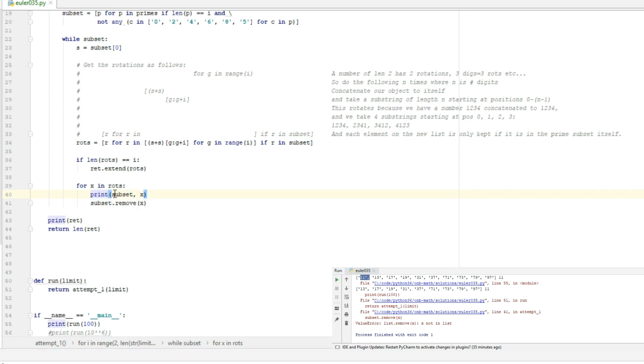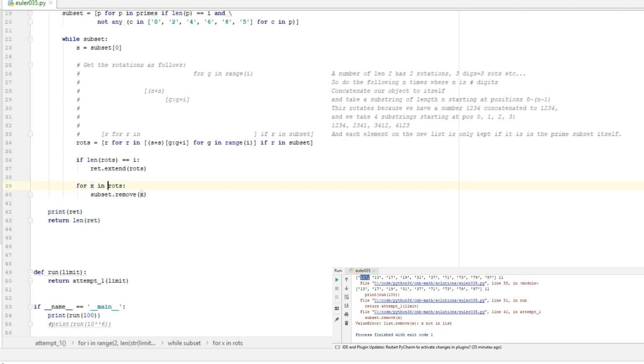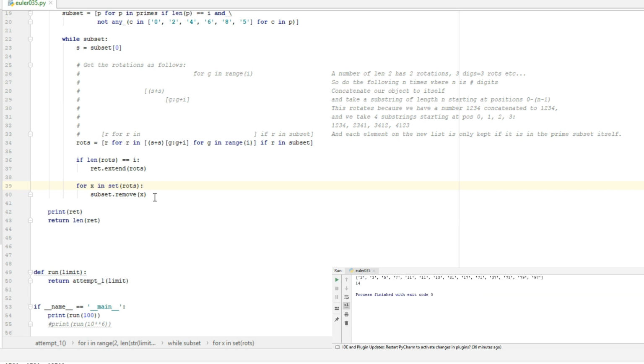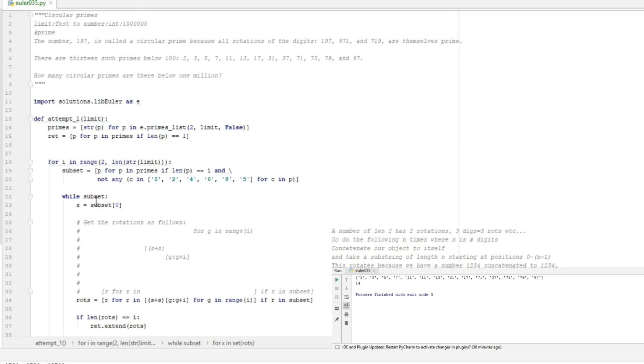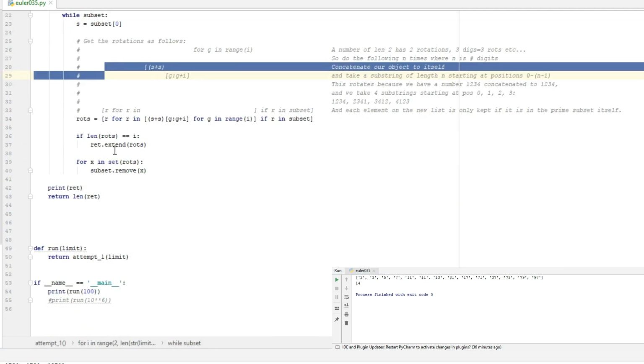Then we want to remove another 11 from it, and it doesn't have it. Now we could add a complicated if statement to see if this element was present on the list and then remove it if it was. We could also reduce the list to a set, so duplicates are now removed from this list, and we want to check if this runs. It does, but wait a second, we were expecting 13 primes and we got 14, and the problem is 11 again, right? Because when we add them,